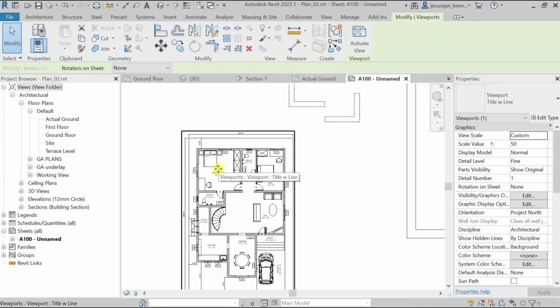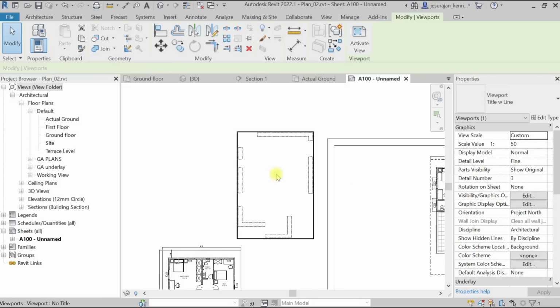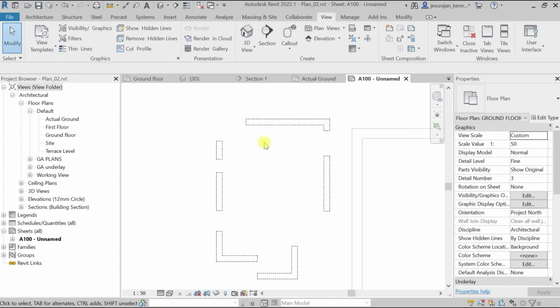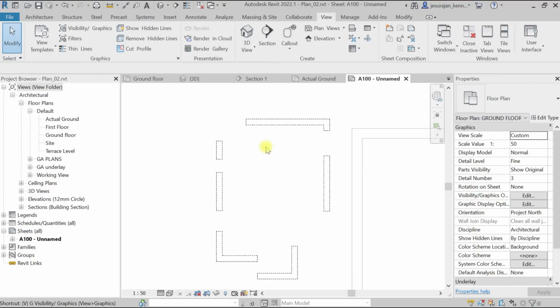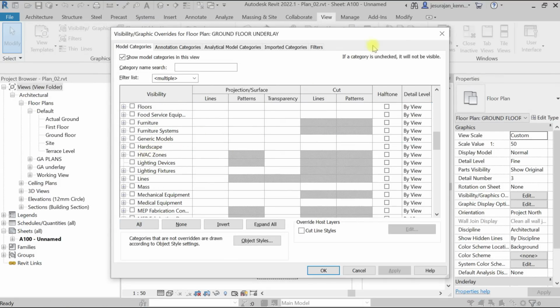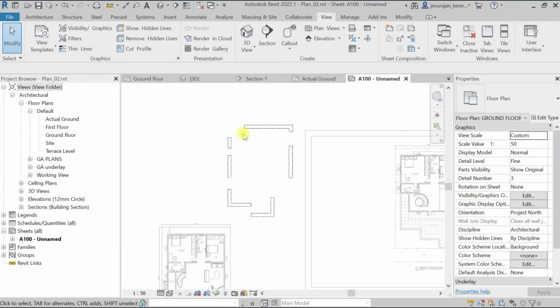By default, whatever is there in the top will not appear in the floor plan. So in case you need it, you should prepare another plan here as it is shown. To take only the lintel line, you should model the lintel line as roofs, and then in the visibility graphics hide all the categories except the roof, so that you will see only the roof here in the plan. And you should take care of,